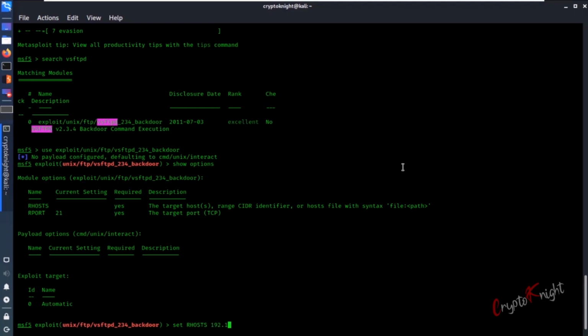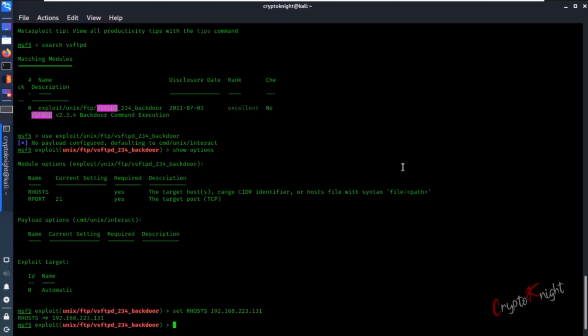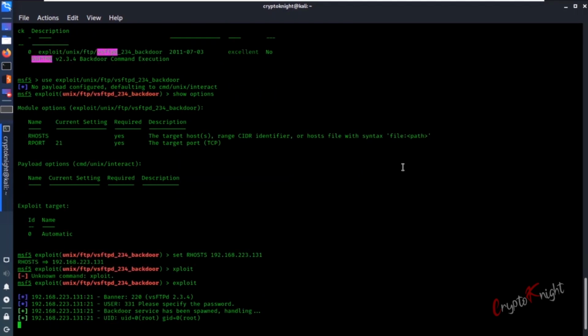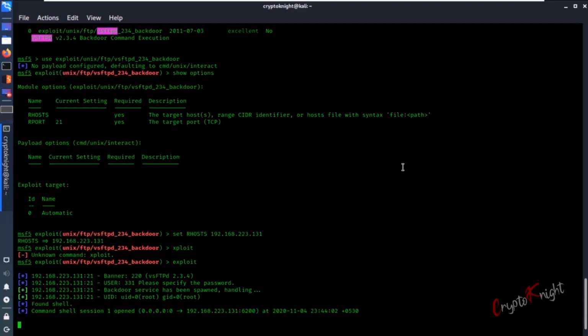The IP was 192.168.223.131, and if we press enter, we should be able to get an exploit after we type exploit. Yes, it is running all the payloads that it has.